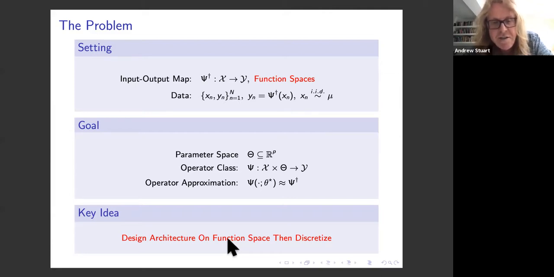So if, in contrast, you postpone discretization until the last minute and first of all conceptualize the algorithm as an architecture between spaces of functions, you narrow yourself down to a class of architectures which behave well once you discretize. So it's, I think, a persuasive way of thinking about scientific computing, and these ideas have been relevant in optimization and Markov chain Monte Carlo. And I want to show you how this way of thinking applies in the context of supervised learning for operators between Banach spaces. Okay, so that's the basic philosophy.